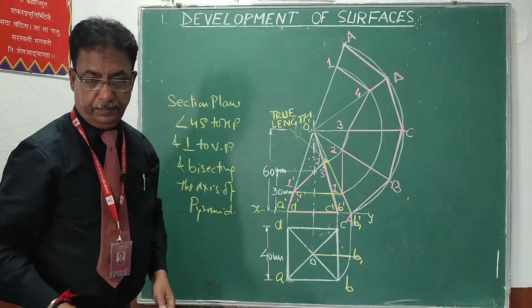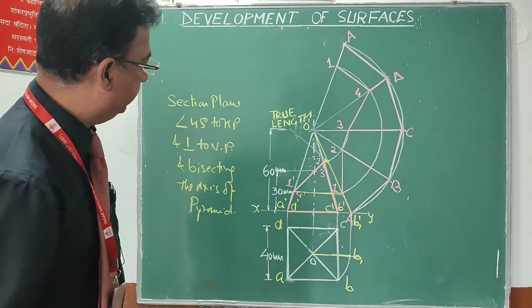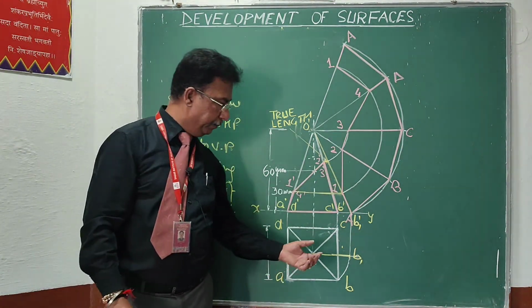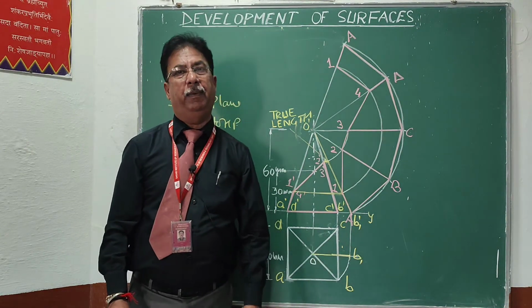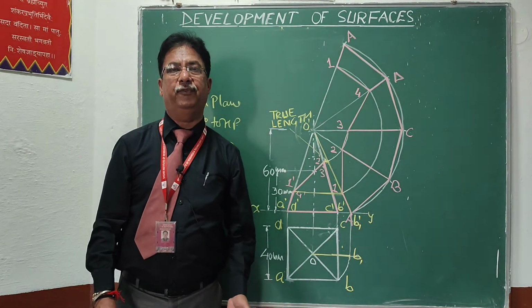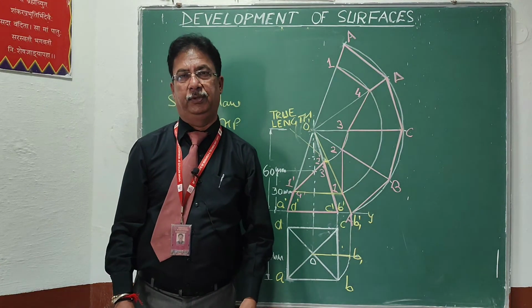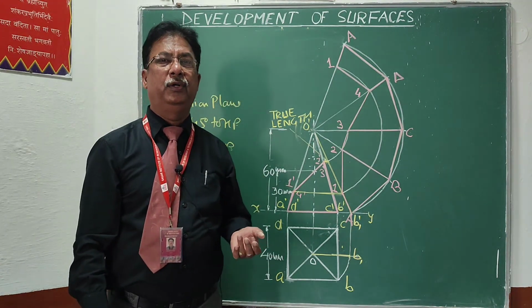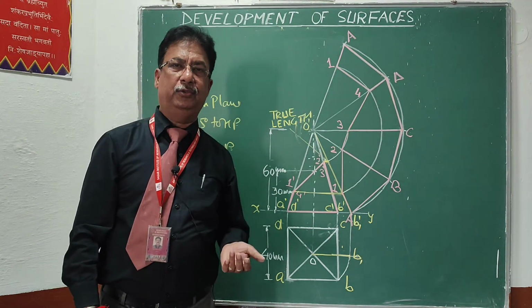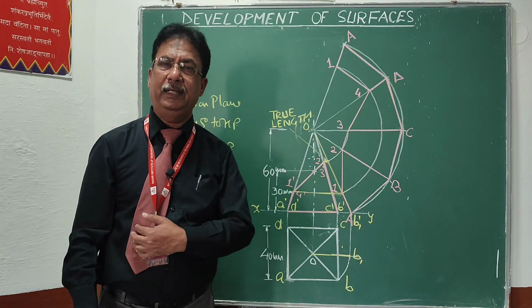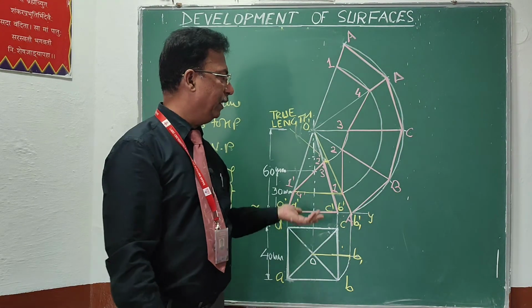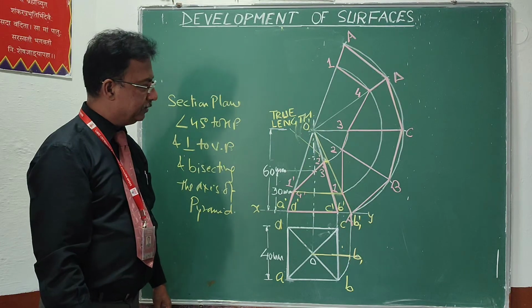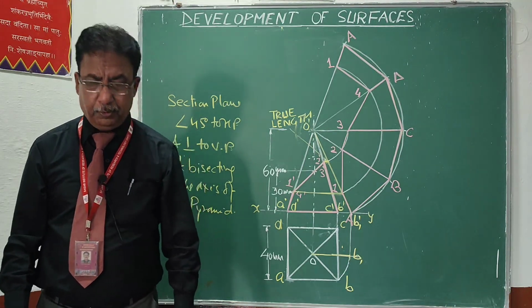So this is the required development of this lower part of this square pyramid. The basic important concept will be this one, by making the slant edge true length in the front view. After that you will develop. So in the case of pyramid, sometimes we are getting the true length in the front view, sometimes not. When that is not true, initially make it true length, then use the method. And the method will be same as you have already used earlier also. Hope you understand the concept. Draw it in your notebook. Thank you.